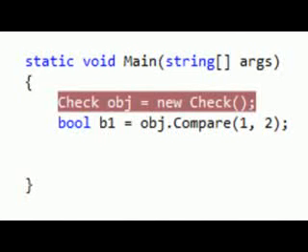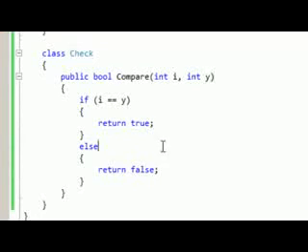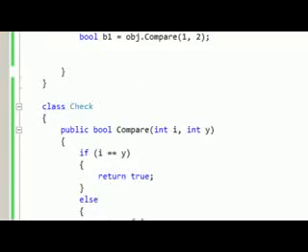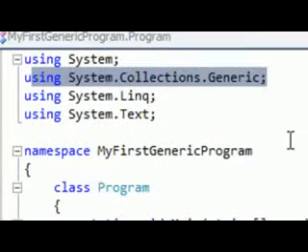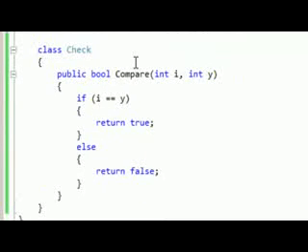Now what I would like to do is put a string comparison, or a boolean comparison. I'm sure many of the people would say go and overload the compare function, etc., etc. But rather than that, if I can somehow detach this compare function from this data type, and then define the data type during the runtime, that would be great, and that's what we can do by using generics. So the first thing is to ensure that you have System.Collections.Generic imported in your class file. That's the first thing. Now in order to define that this class can be attached to any data type, what you have to do